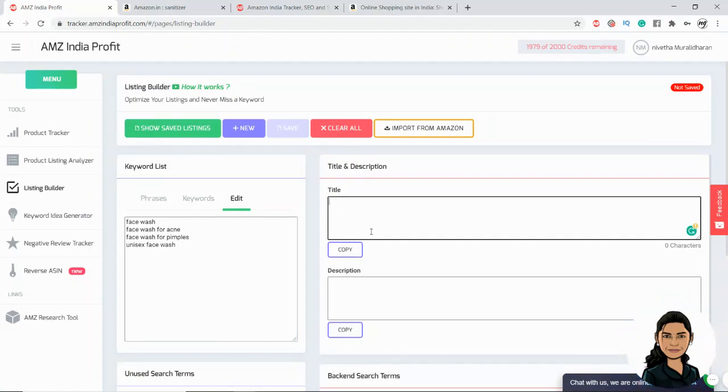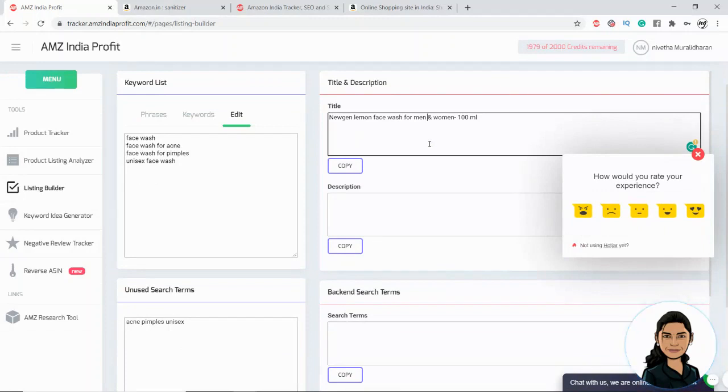So what I'm going to do is name my product. Consider it is a face wash. The basic title formation in Amazon is that it should start with your brand name. So I'm entering my brand name Nugen, and you have to mention the type or model of the face wash. Consider that it is a lemon face wash, so I'll mention it as lemon face wash. Then I have to mention whether it is for men or women, so I'm mentioning for men and women. Any other features like grams, etc. So I'm mentioning here 100 ml. Other features can be mentioned here. So I'm keeping this as the title.